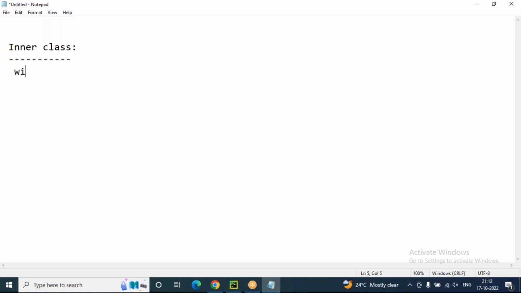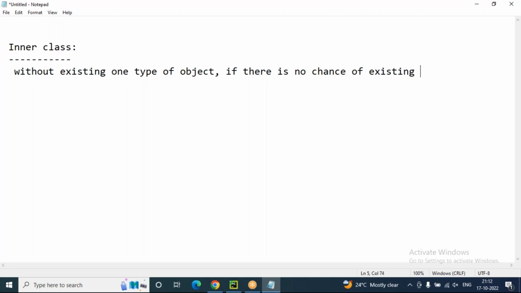When should we go for inner class? Without existing of one type of object, if there is no chance of existing of another type of object, then we should go for inner class. For example, you can see class